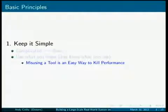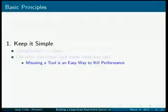So we put this out, and the performance was a little funny. It actually ran okay for 20 minutes or so, but then performance started to degrade. And after about 3 hours or so, it was so bad that the servers had to be restarted. And it turns out the reason was that it would